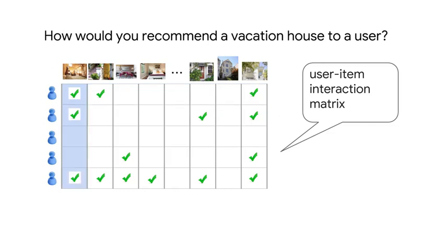Each column corresponds to an item. Items could be products, movies, events, articles. We could have thousands. In this case, items are properties for rent. This item has been rated by 3 separate users. In general, if user i has a rating for house j, then we have a score or a check mark